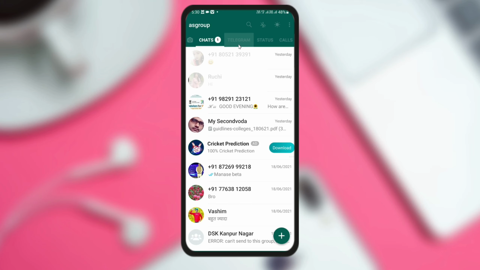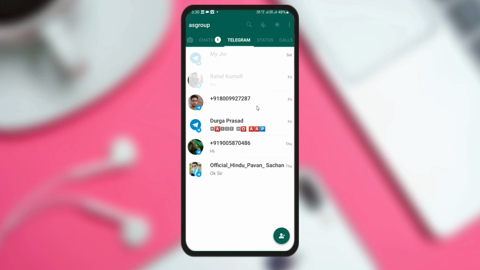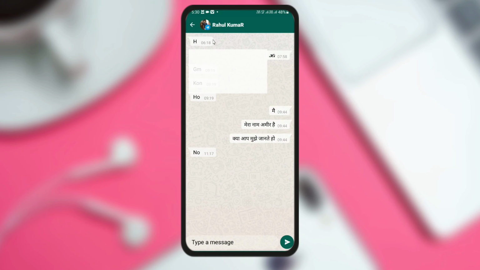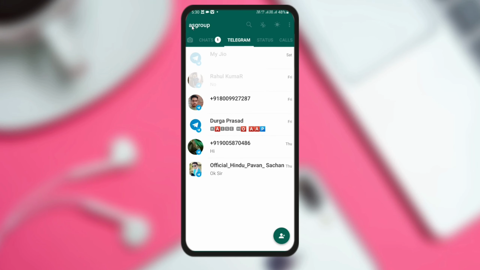Once this is done, an icon will be generated and this option will be added on the home screen. When you click here, you can see all the messages I received from my Telegram, and here I can show you that the Telegram messages are here. If I want to reply to anyone, I can click here and reply. So you can see that I have received messages and I have replied. So with one application you can now control two things: you can use it for WhatsApp and also for Telegram.